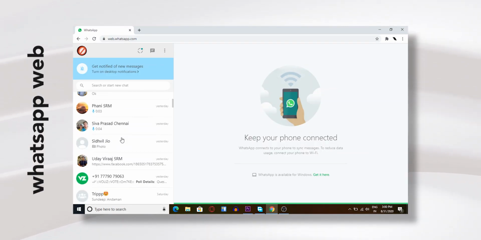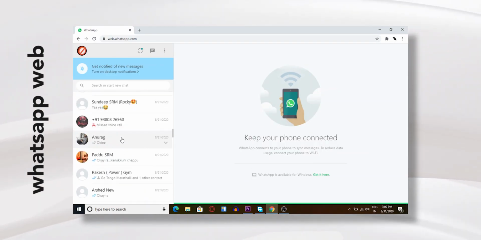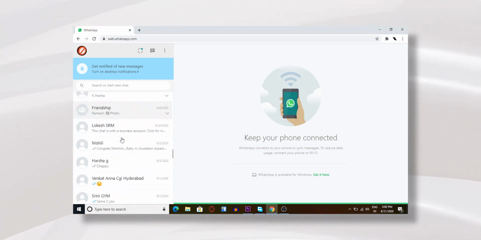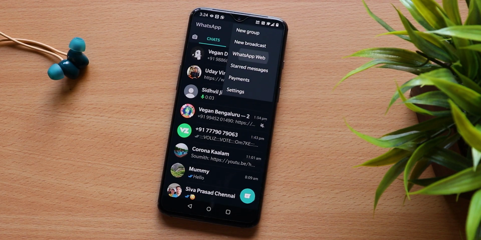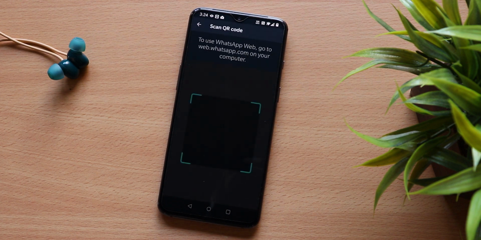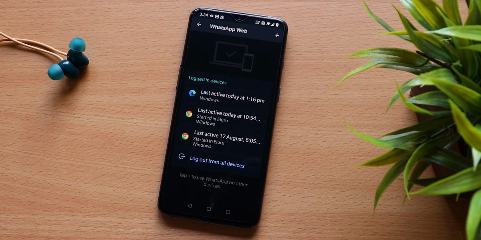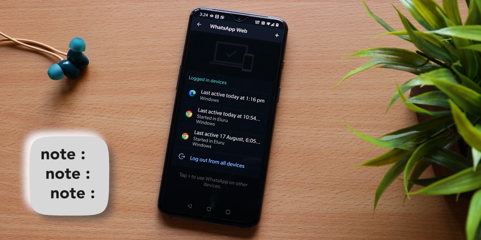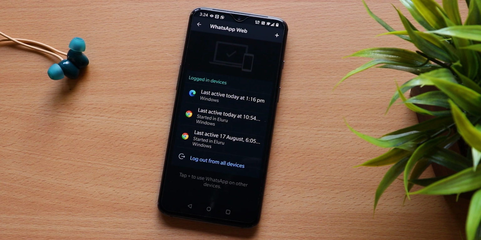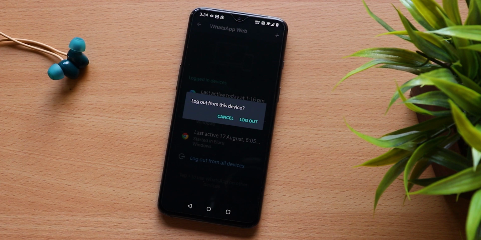If you have used WhatsApp Web, then you would know that you can log into only one system using WhatsApp Web. But WhatsApp updated this. Click on this plus icon and you can scan and use WhatsApp Web in multiple devices as well. And as you guys can see, I am using it in 3 devices right now. Note that these features are currently in beta, and if you are already a beta tester, you would receive the update. If not, I will give you the beta join link in the description down below, so click on that and enroll.